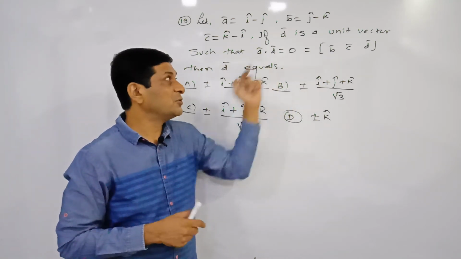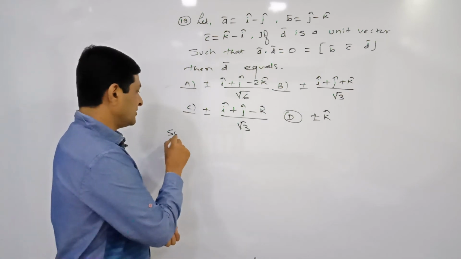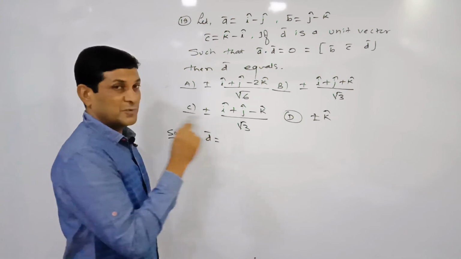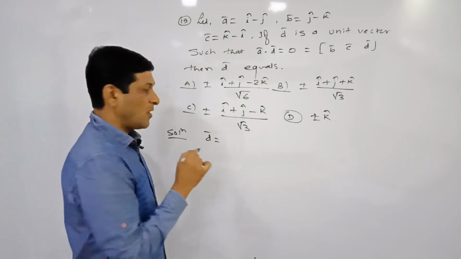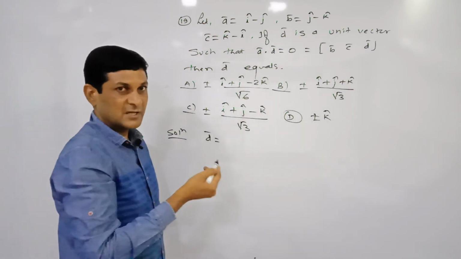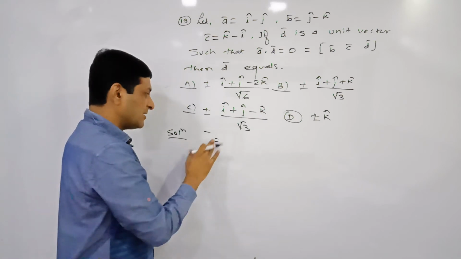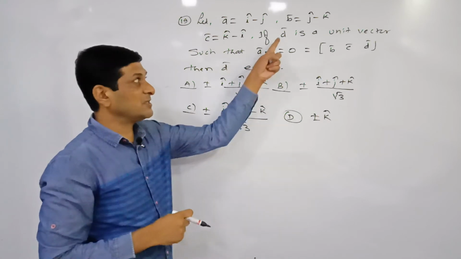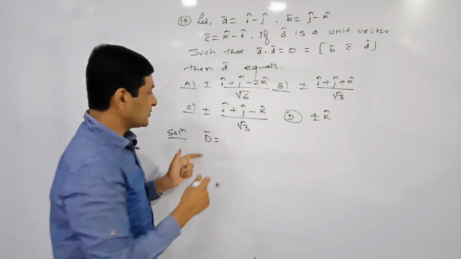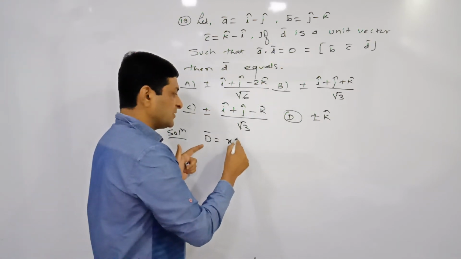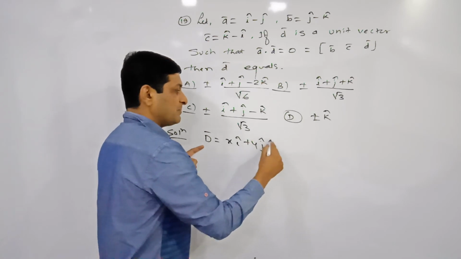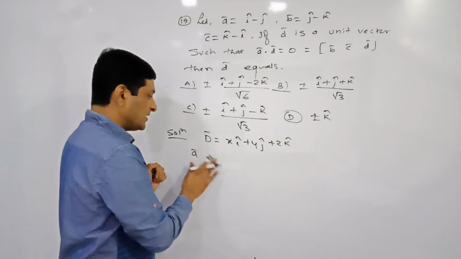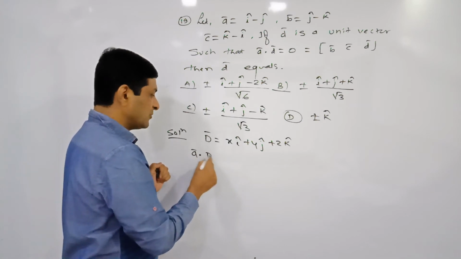So let us make use of the first condition here. So solution, we have to find d bar. Let us denote it here as d bar. Later on we will find its magnitude along d bar, because d bar is a unit vector. So first find out, better to denote it by capital D bar. First find out capital D bar, and the unit vector along D bar is denoted by small d bar. So here I am supposing that D bar is equal to xi cap plus yj cap plus zk cap.